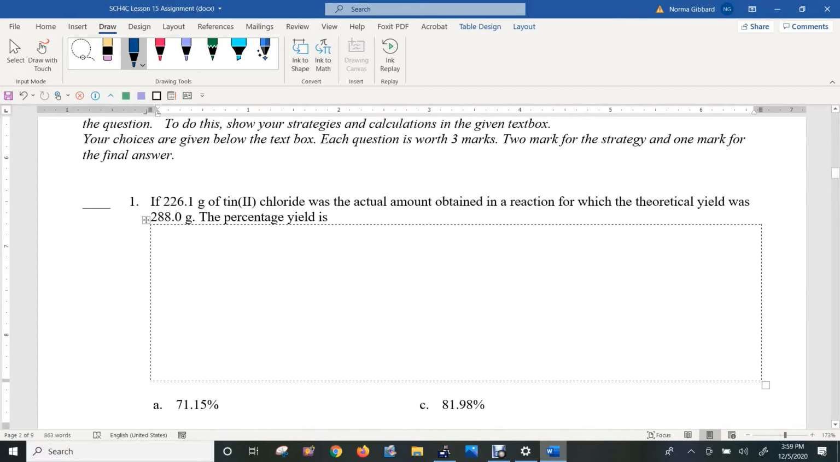If 226.1 grams of tin(II) chloride was the actual amount obtained in a reaction for which the theoretical yield was 288 grams, what is the percentage yield? In order to do this question, we need to make use of the formula: percentage yield